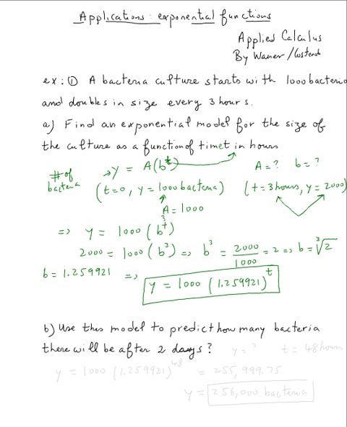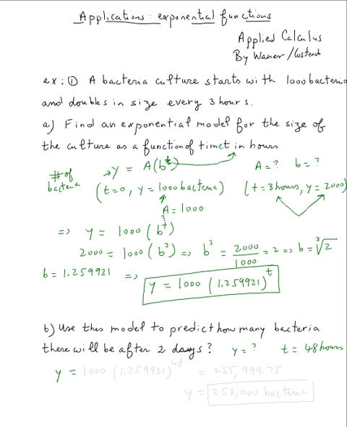Now we're going to use this equation to predict how many bacteria there are. In other words, we need to find the y after 2 days. 2 days means t equals what? We can't say t equals 2 because t is a number of hours, but each day has 24 hours, so t is 48 hours. So here all we do is plug in